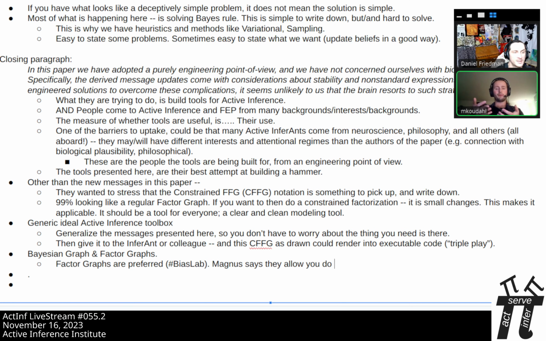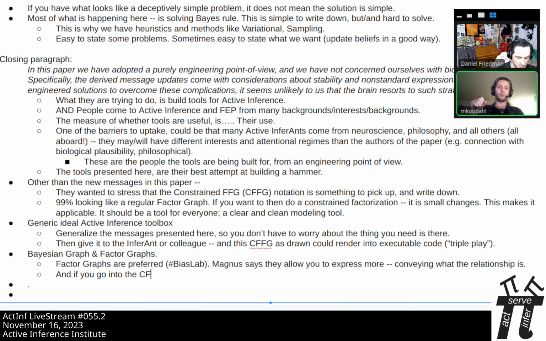With a factor graph, I can also see what the relation is because I literally have a little square with a symbol in it that tells me the relation. And also, if you adopt the CFFG notation, you don't just write down your generative model. You also write down your constraints on Q. So you can write down the exact inference problem that you're trying to solve.